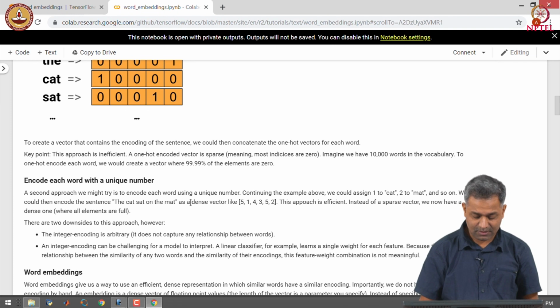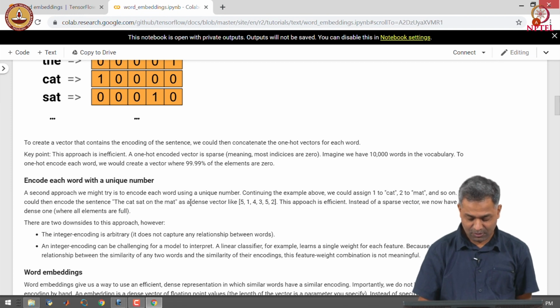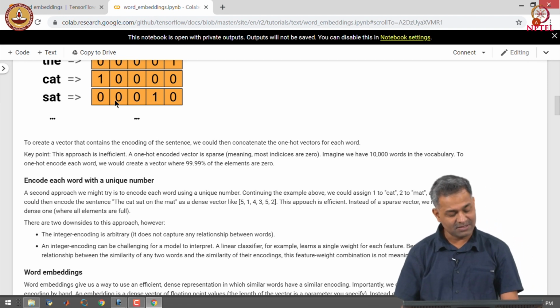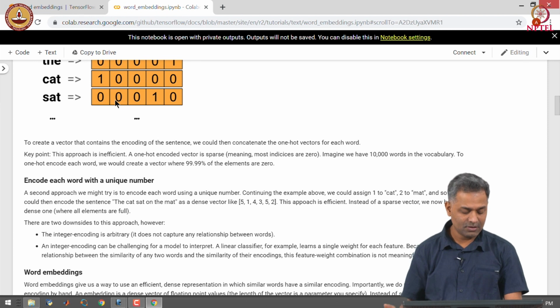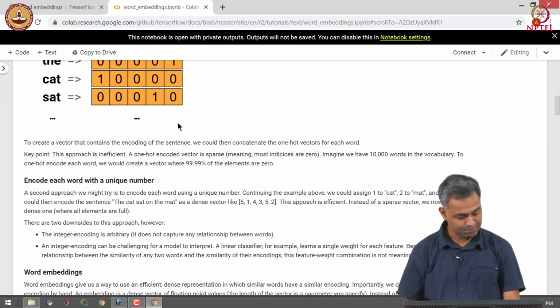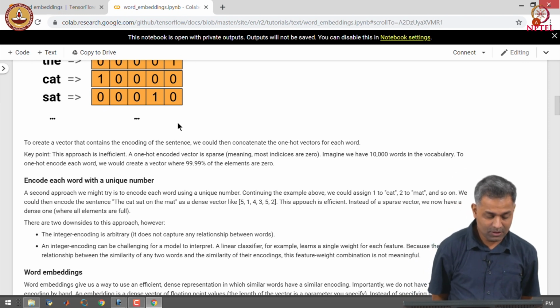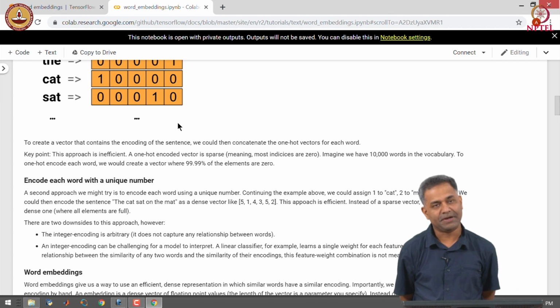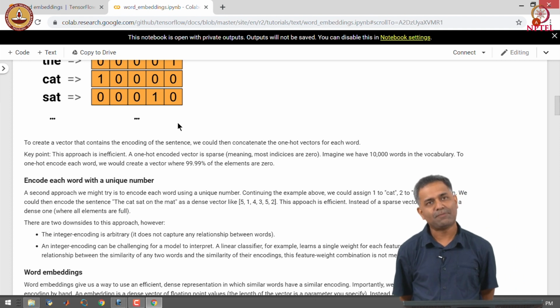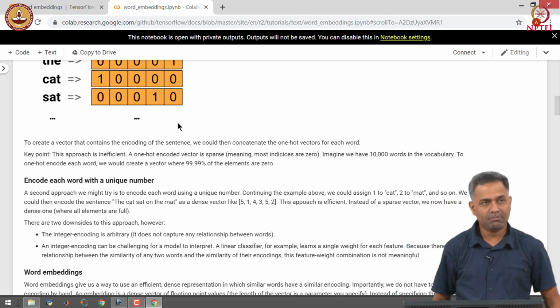So, this is an efficient approach where we have a dense tensor rather than a sparse tensor as we experience in one hot encoding. However, there are 2 downsides to this approach. The integer encoding is arbitrary, it does not capture any relationship between words.